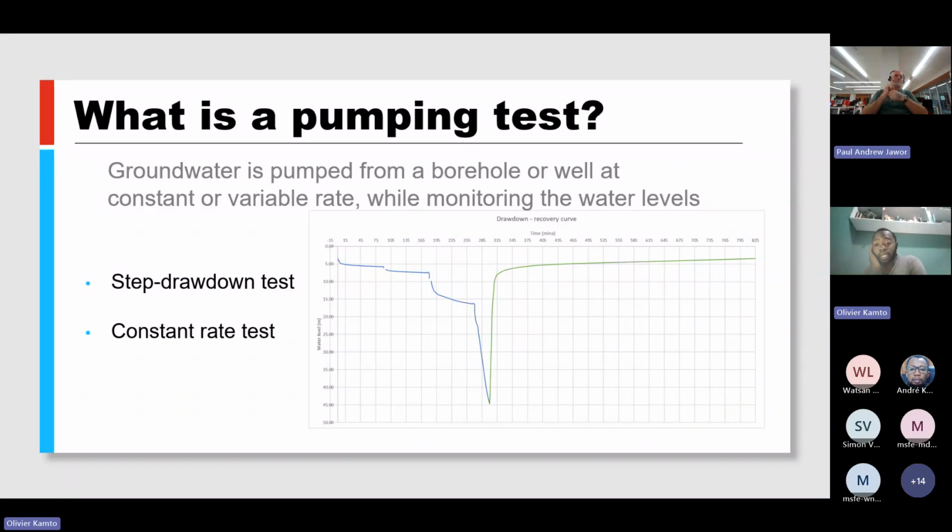In this presentation, we are going to focus mainly only on the variable or step drawdown pump test, and not the constant rate pumping test. Reason being that the constant rate pumping test is a test that, first of all, should more or less be carried out after we have done the